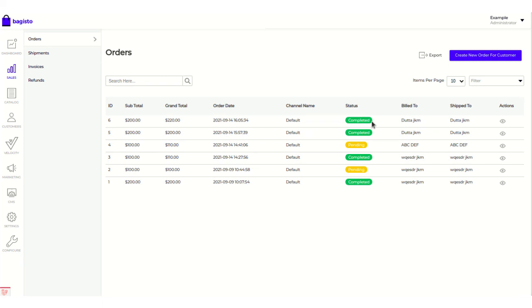If the invoice and shipment are not done, it will show pending, as you can see this pending order. Same is the condition for the guest also, but for the guest there is no tracking, as they don't have a profile page or an account with the platform, so they can't see the order. But they will receive the order, and once they receive it, they need to pay the amount through cash on delivery to the delivery boy.